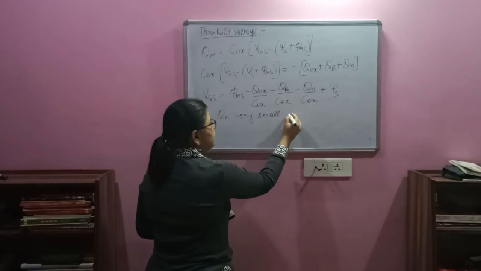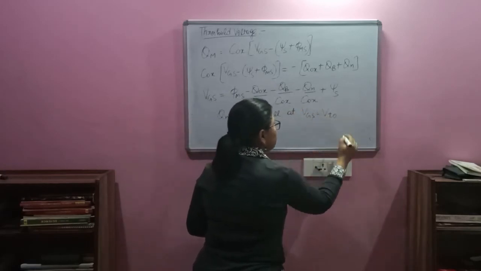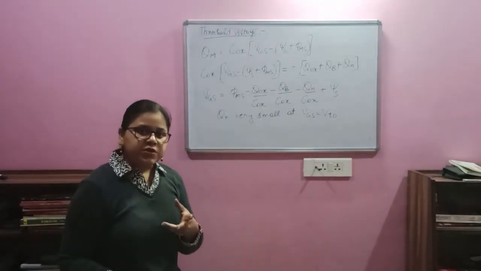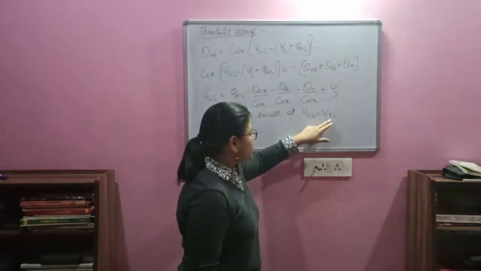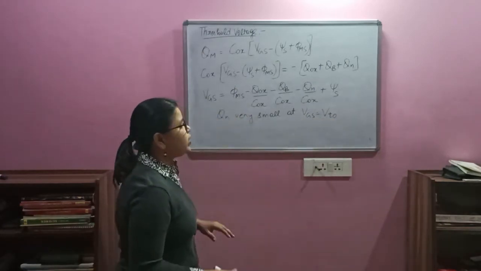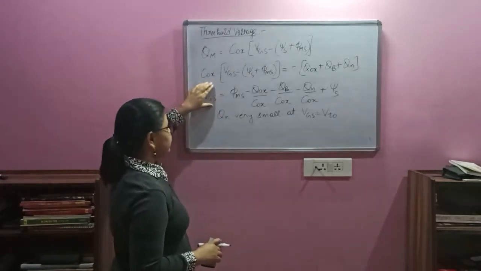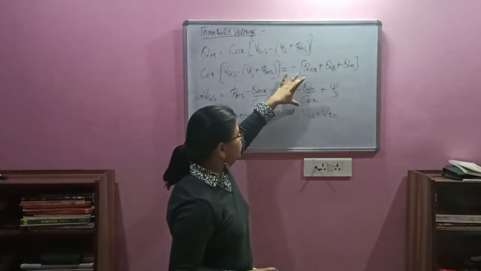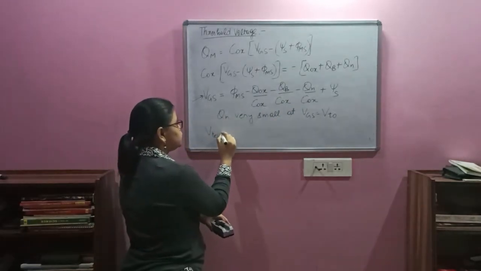This will be very small at VGS equals VT naught. VT naught means the threshold voltage at zero bias, meaning the substrate is not biased; we are grounding the substrate. Then this zero is considered over here. So when VGS is VT naught, Qn is very small. So from this equation, when we place VGS equals VT naught and neglect this term, then the equation for the threshold voltage